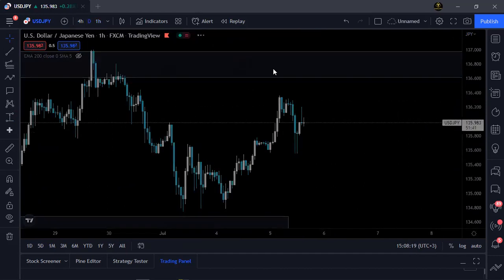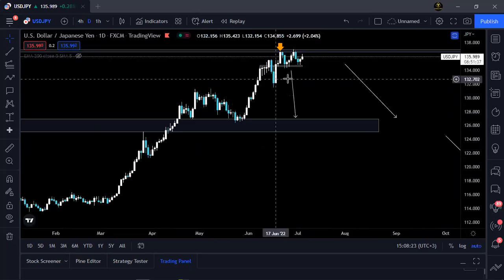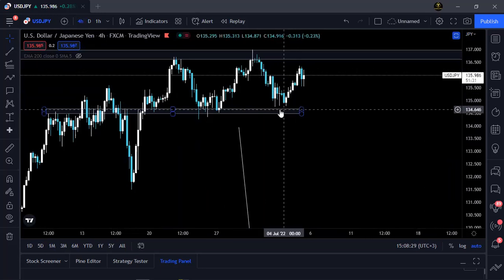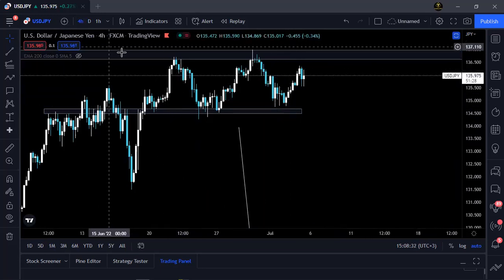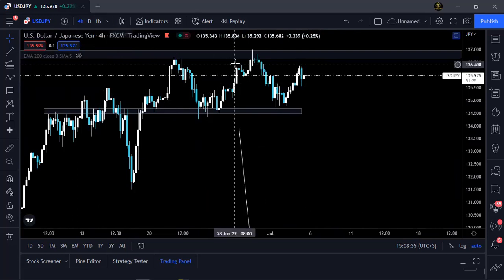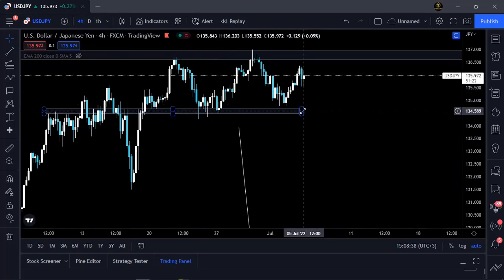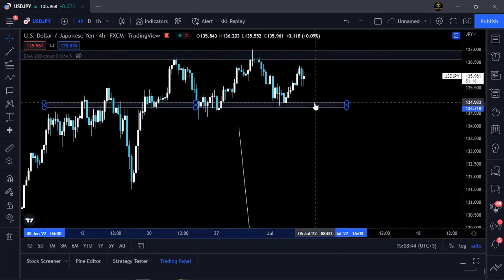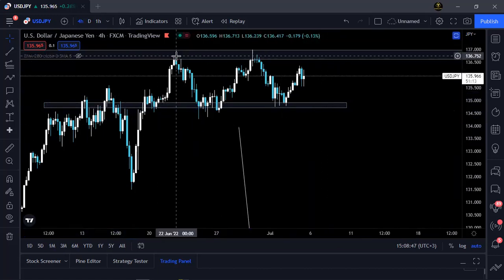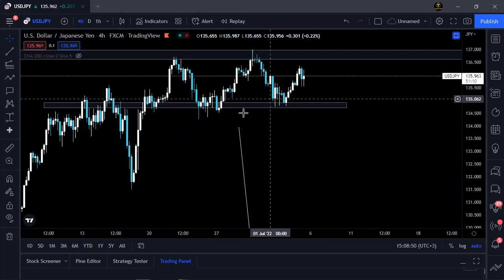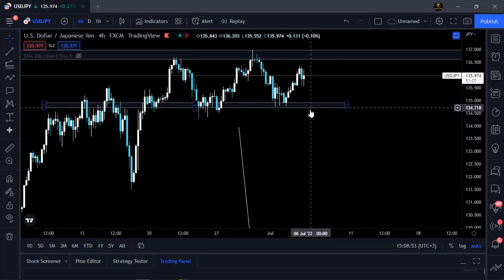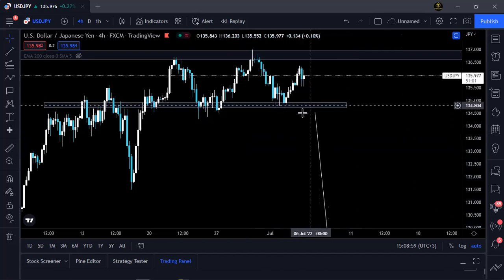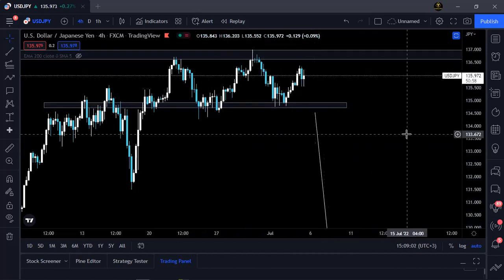USDJPY here, we haven't taken any trade today. Last week we took a trade. Our targets were down here. We got stopped at our adjusted stop loss, but we already secured about 6% of the trade. Right now, prices are in a consolidation range, as you can see. Obviously, you have to take this into consideration. You see they're creating a high, low, high, low, so they're in a range in motion. Either way, I'm anticipating to see prices keep on pushing lower, so I'll be expecting to take sells after prices break this most recent low. But as of now, prices are in a ranging channel.